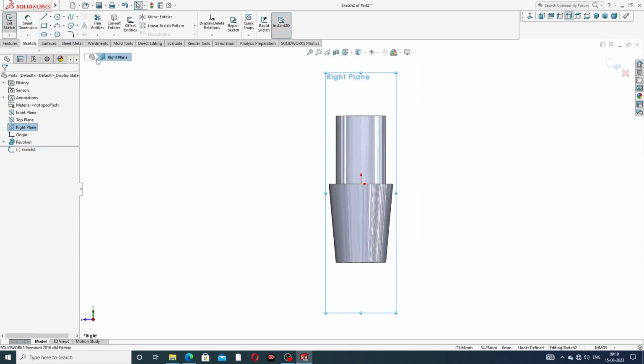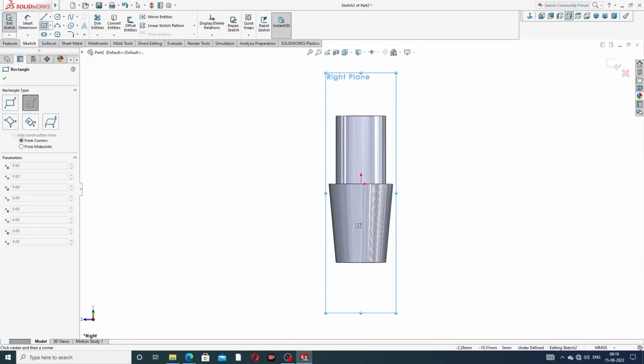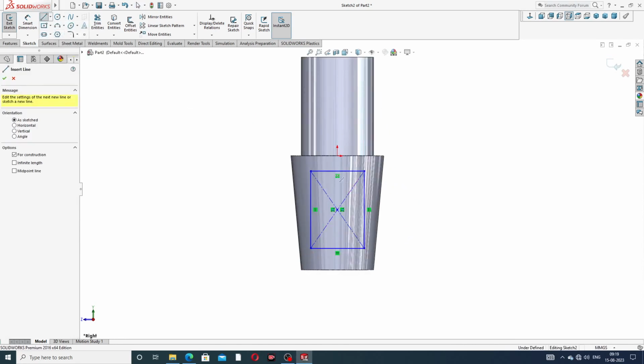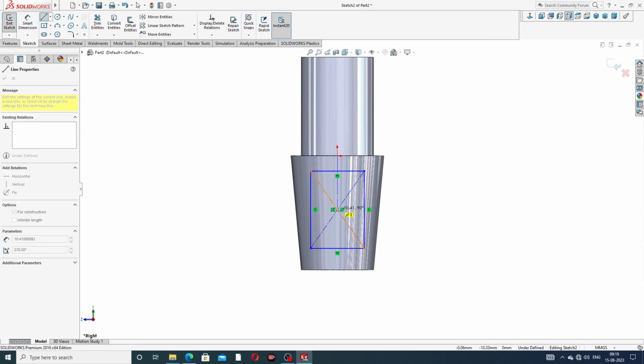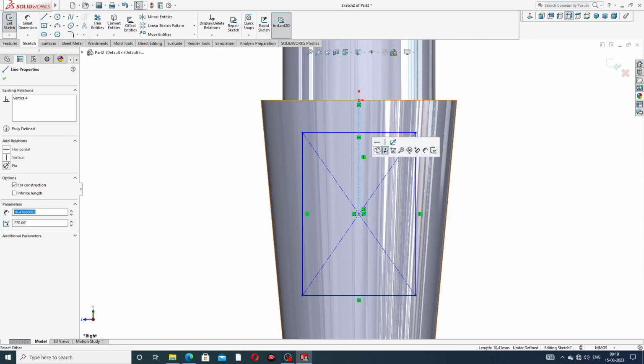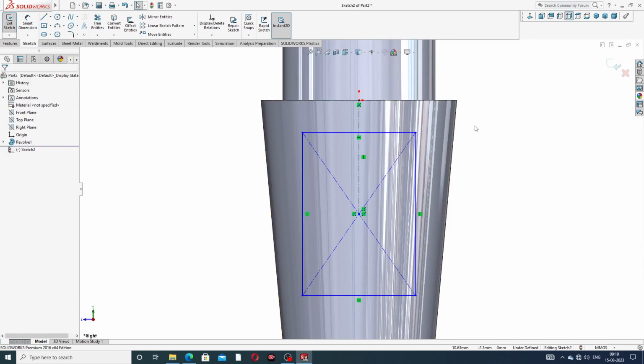Again select the right plane, sketch normal, because this body is cut out, and draw a center line. The center line is drawn here, and then a center rectangle is drawn here. Select the center rectangle and connect to this, and this is a vertical line. Okay,